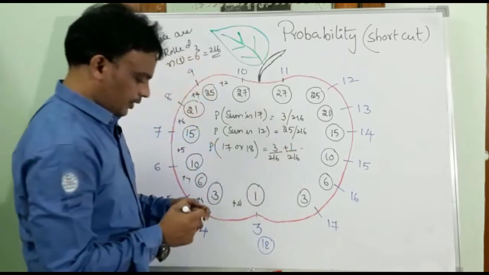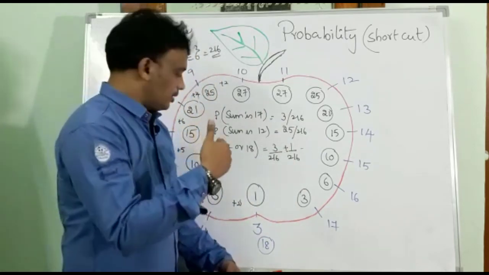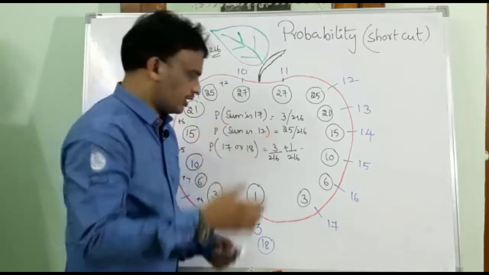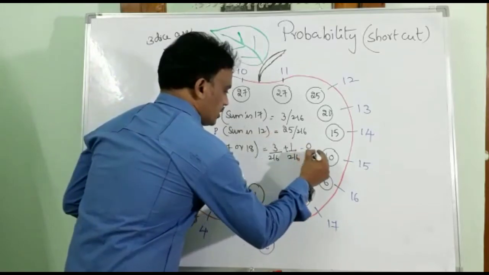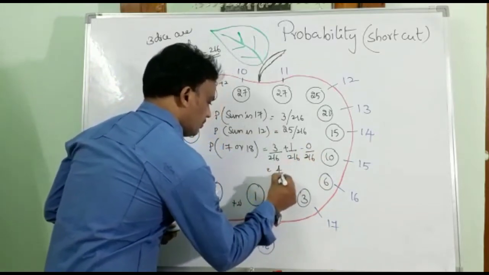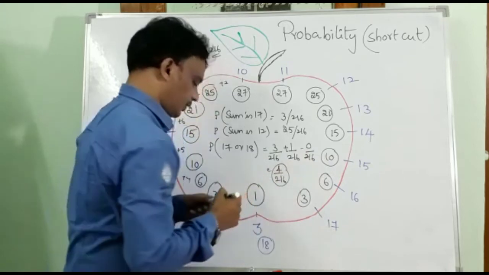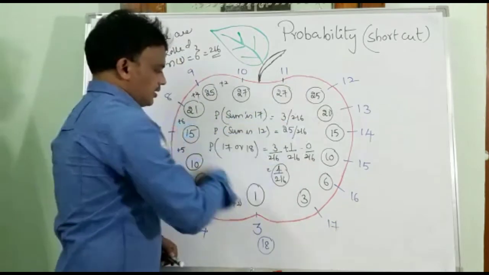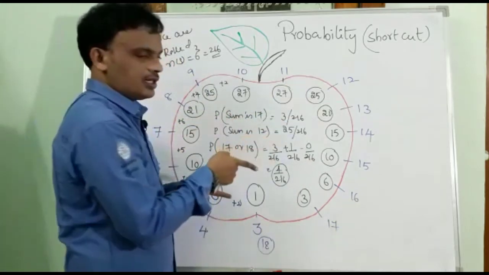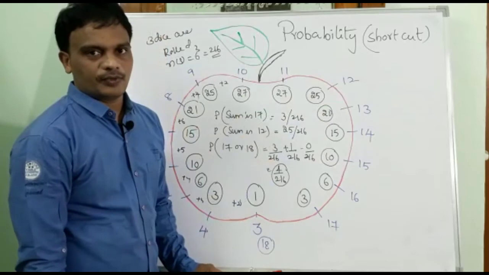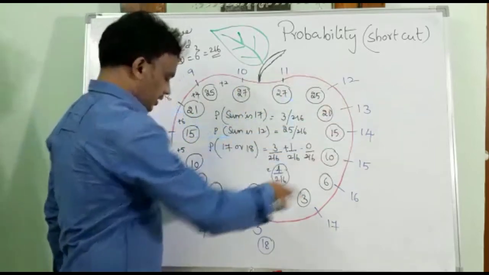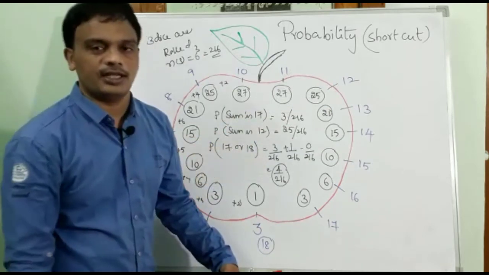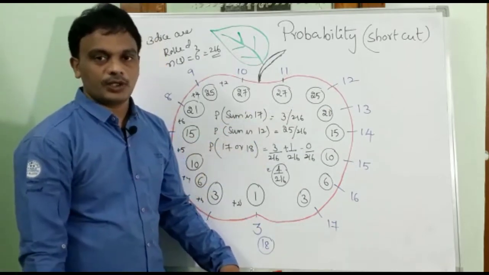Yes, is there any intersection part? I mean, the probability of getting the sum is 17 and 18 at a time, no chance, which is 0 possibility. So the answer is 4 by 216, like this. Yes or not? Okay students, how is it? So by using this magic apple, it gives quick values, whose sum is given. Whatever the sum is given, from the apple we will get this within seconds, and we will solve whatever problem they ask.